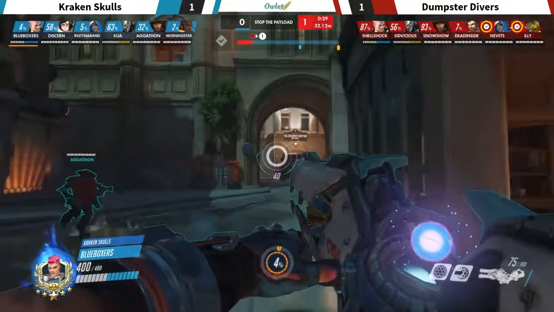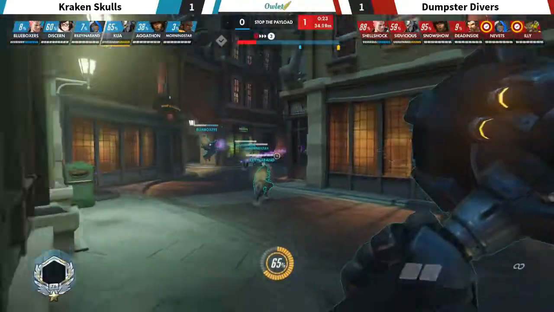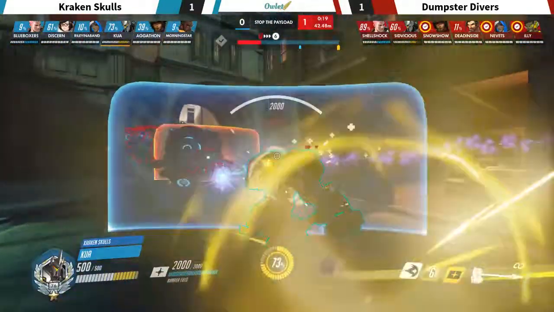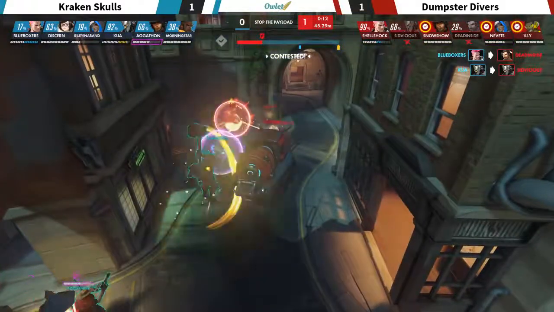Yeah, I mean, I think right now the play is you gotta get Shellshock up to that Grav. He hasn't been able to get it very fast here, and Nevitz here is probably gonna have to use that nano onto Sid Vicious once the Grav gets thrown out. Build up, another Shatter. Keep the ult economy rolling here if they want to win this, but this is not